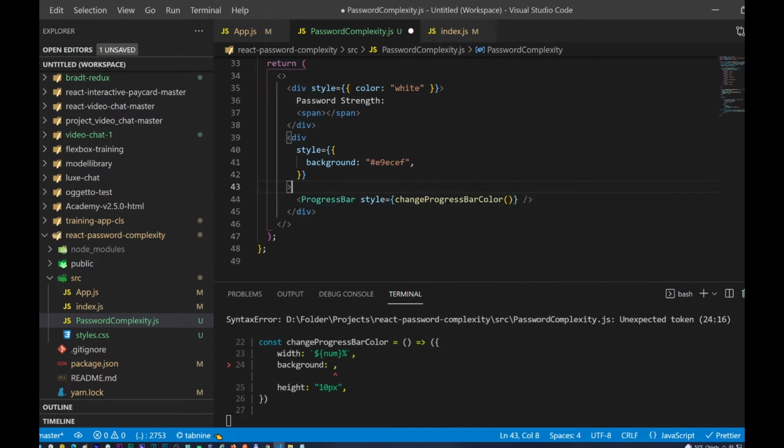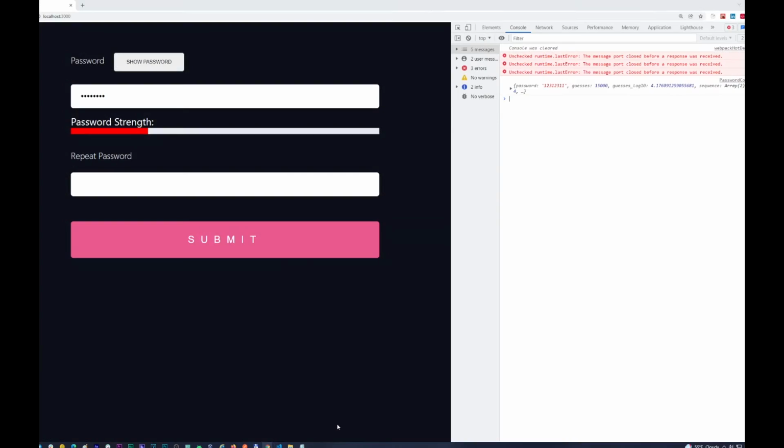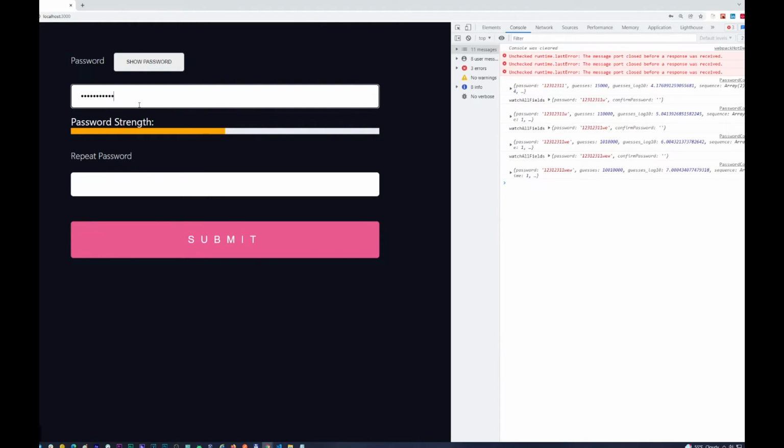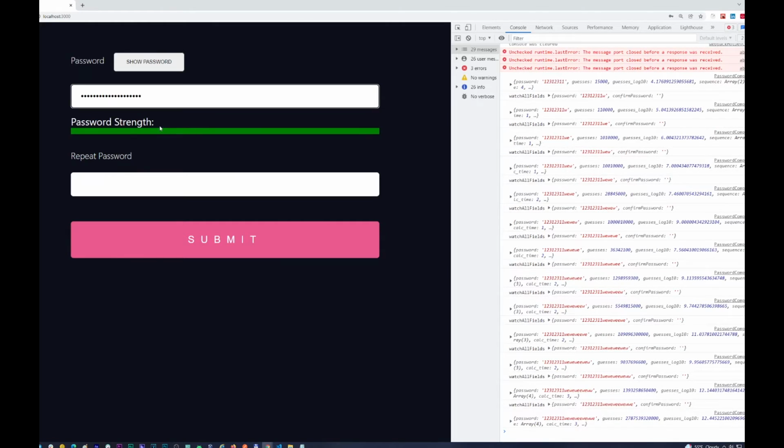So format document, and let's check this out. As you can see, we already have password strength and the progress bar, and everything is working great, but